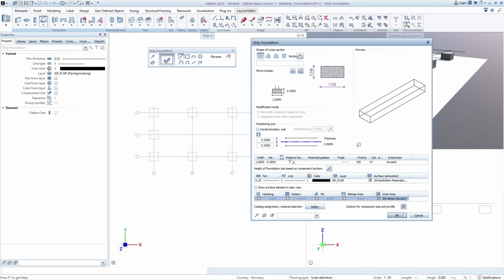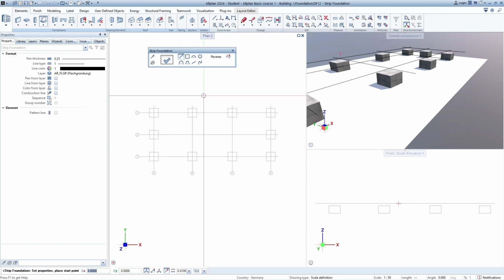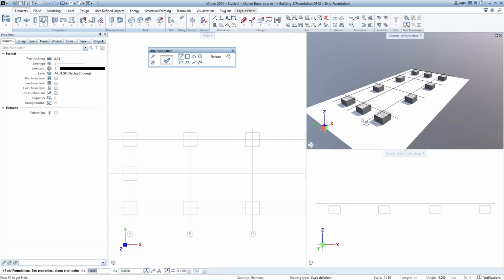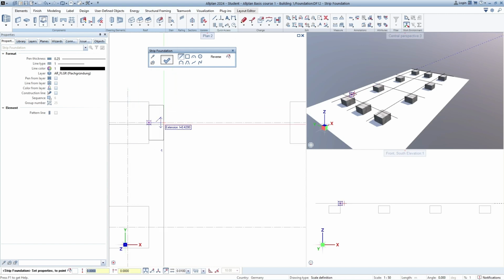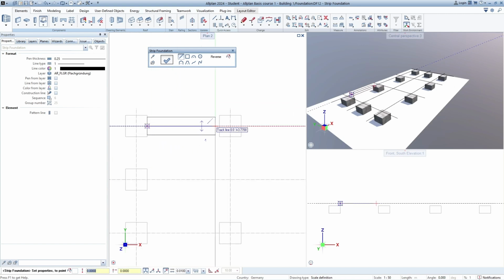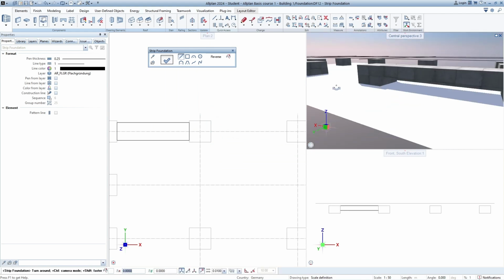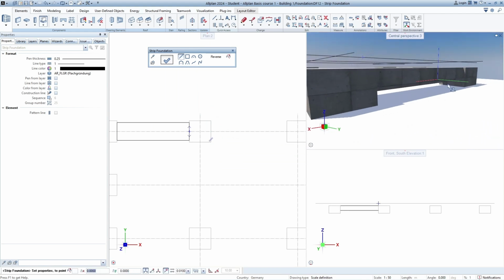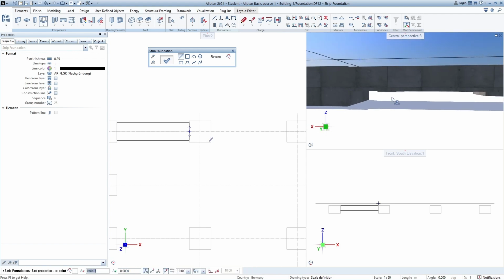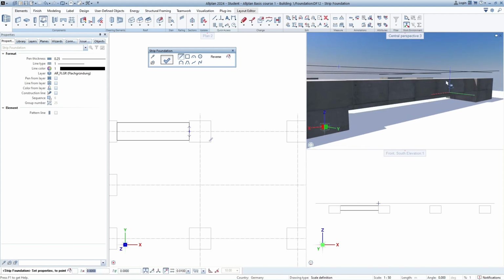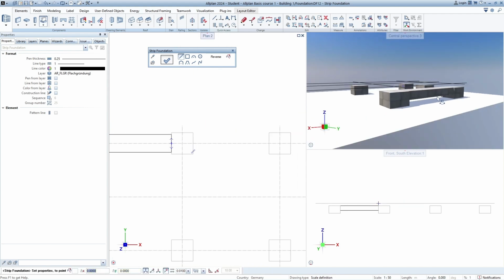Okay, so since this is a strip foundation, it is placed along a line and we will define the line now. So I can go ahead and basically do the first click on this part, click 1, click 2, and now we could add more strip foundations, but let's take a very quick look at the central perspective. And since we added a gap and the offset of 0.3 meters, this is thinner than the block foundation, and this is what we wanted to do. So let's go ahead, escape once,